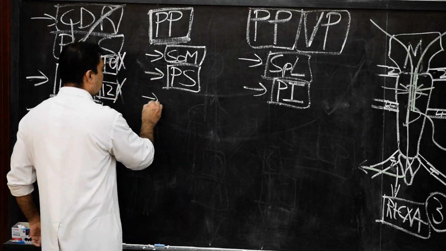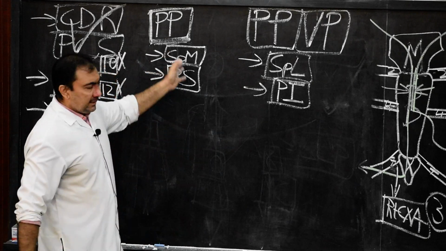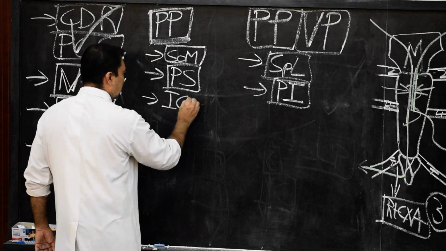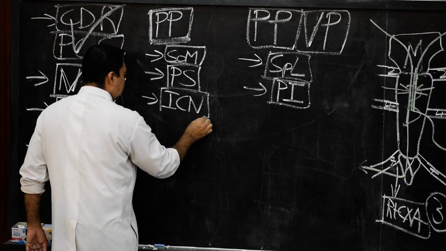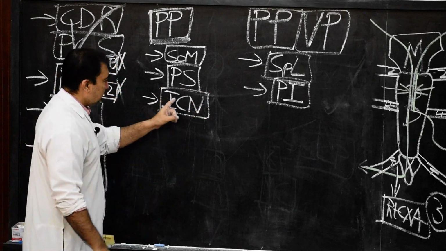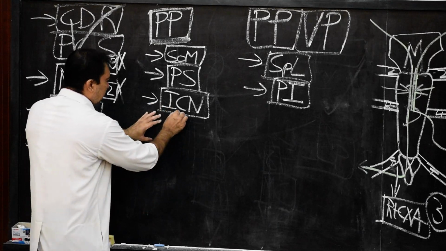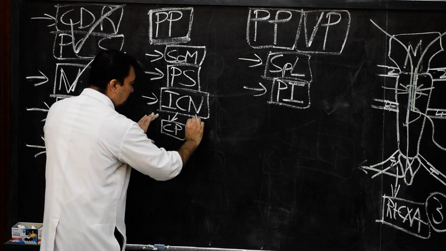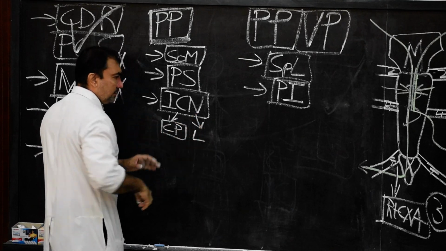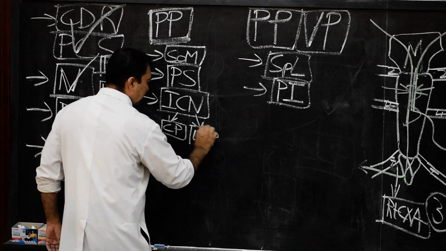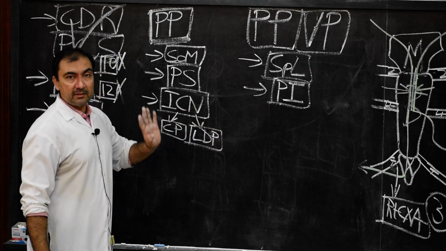Then we come to nerve supply. So this parietal pleura will be supplied by the intercostal nerve. Now, remember this, it was also asked in MCQ: this intercostal nerve will supply which portion of parietal pleura? It will supply the costal pleura and also the lateral part or peripheral part of the diaphragmatic pleura, intercostal nerve.